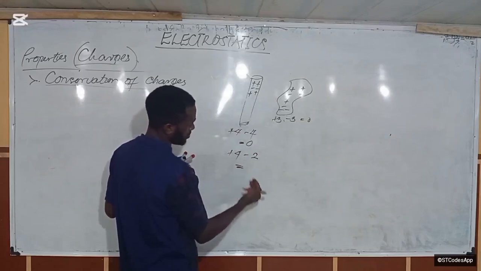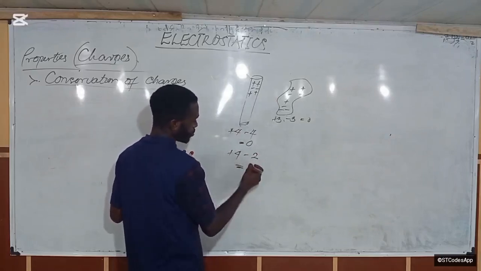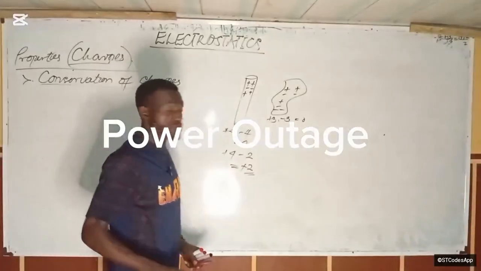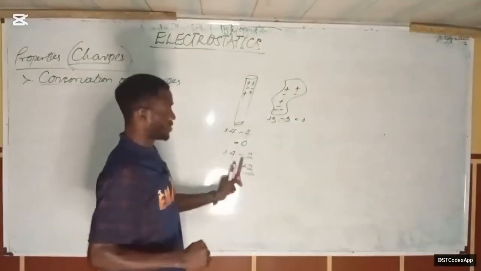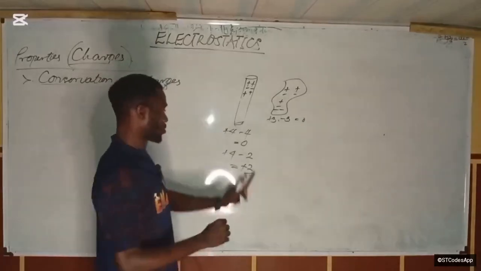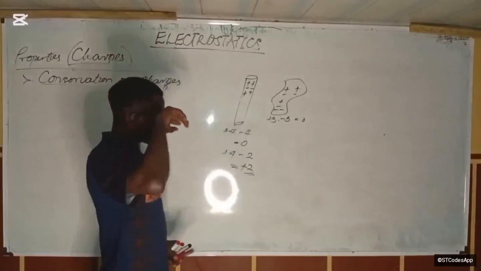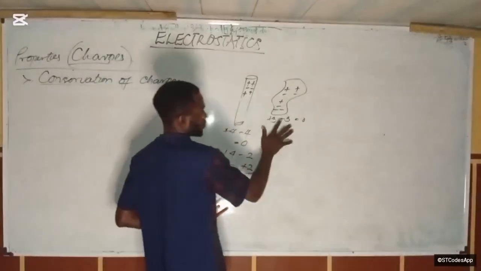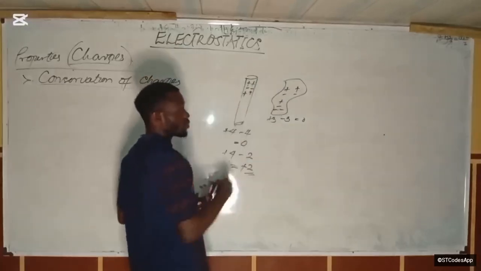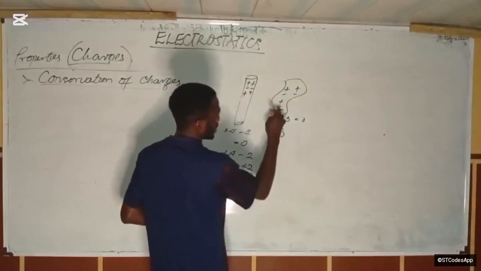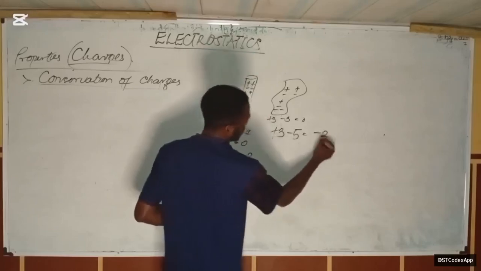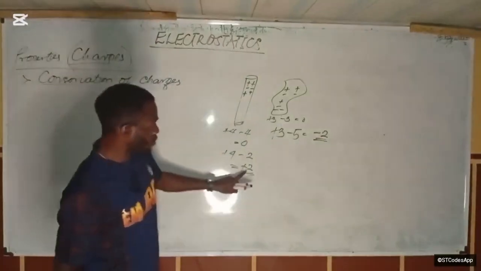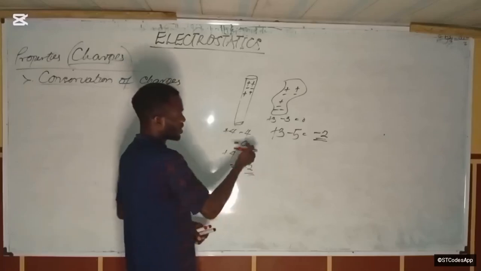So at the end of the day, what do we have? The total charge here is +2, I'm sorry. The positive charges are now 4 and there are 2 negative, so by the time you sum it up, you're going to have +2. And of course here, we still have 3 positive charges, so +3, but the negative charges have increased by 2, that will be -5. So by the time you solve that, you get -2. So -2 + 2 is going to be what? 0. You remember that we started at 0.